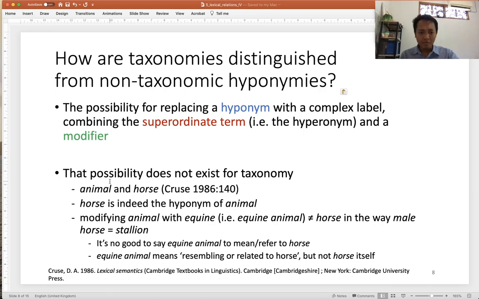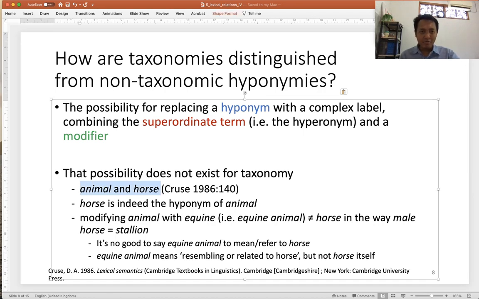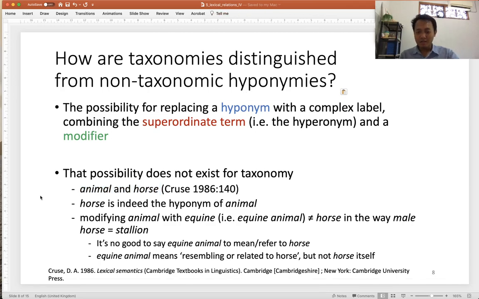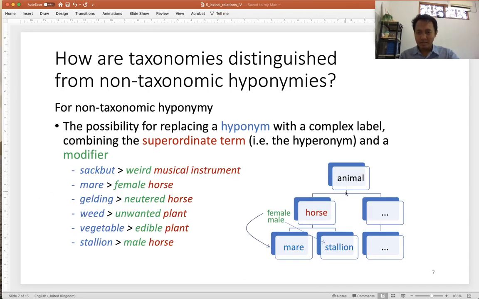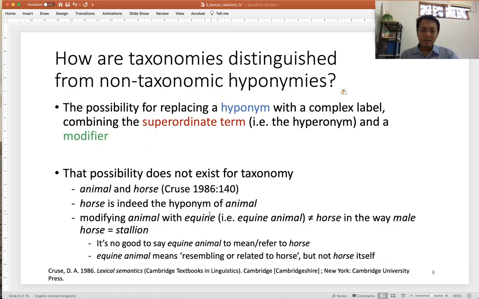This example from Cruse is between animal and horse. Indeed, horse is the hyponym of animal, or animal is the hyperonym of horse. But then modifying animal with equine, a word that means resembling or related to horse,